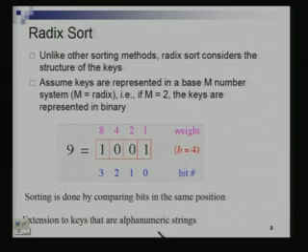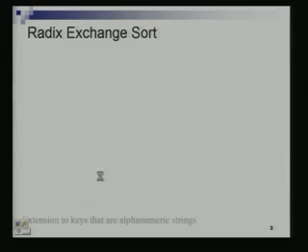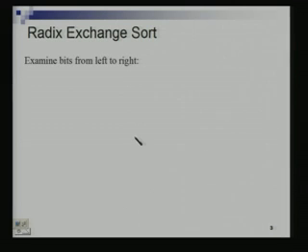This idea can be extended when the keys are, let us say, alphanumeric strings also, not just numbers like this, but alphanumeric strings, so names of people or some such thing. You can use the same idea to do sorting on that, and we will see how. I am going to talk of two variants on radix sort. One is called the radix exchange sort. In radix exchange sort we are going to examine the bits. I am going to assume now that the keys we are trying to sort are numbers represented in binary.